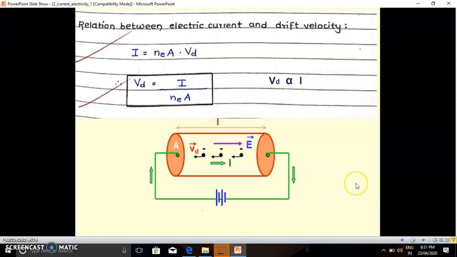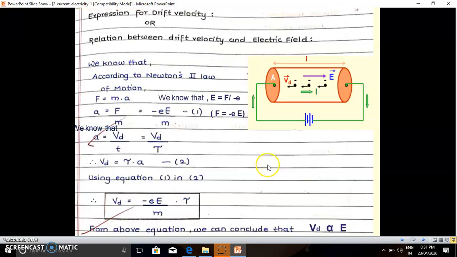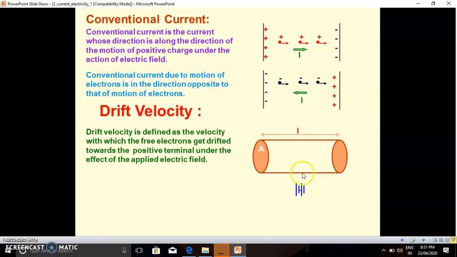So initially I told you the last question. There is a logical based question: why is the electric field inside the conductor zero? Many times the board may ask why electric field inside the conductor is zero. For that purpose, you have to concentrate on this figure once again. Suppose this metallic conductor of length L and cross-sectional area A contains a large number of free electrons. And if you apply an external electric field, here the external electric field is nothing but the applied battery.